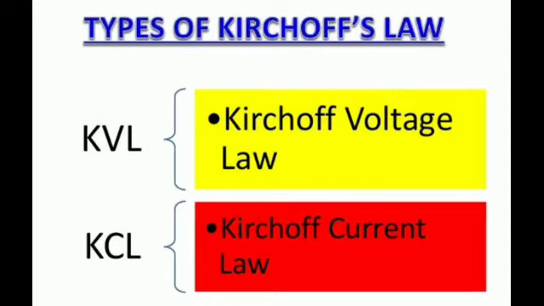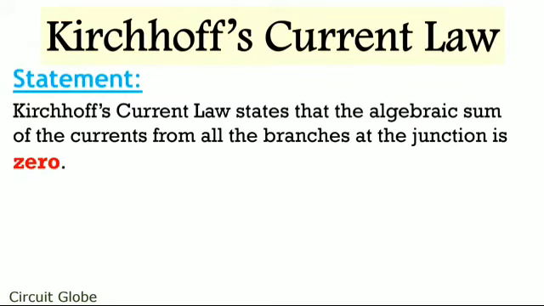The next topic, Kirchhoff's laws. Ohm's law is useful only for simple circuits. For more complex circuits, Kirchhoff's rules can be used to find current and voltage. There are two types. First one, KVL, Kirchhoff voltage law. Second, KCL, Kirchhoff current law. The first law, Kirchhoff's first rule, current rule or junction rule, states that the algebraic sum of the currents at any junction of a circuit is zero. It is a statement of conservation of electric charge.